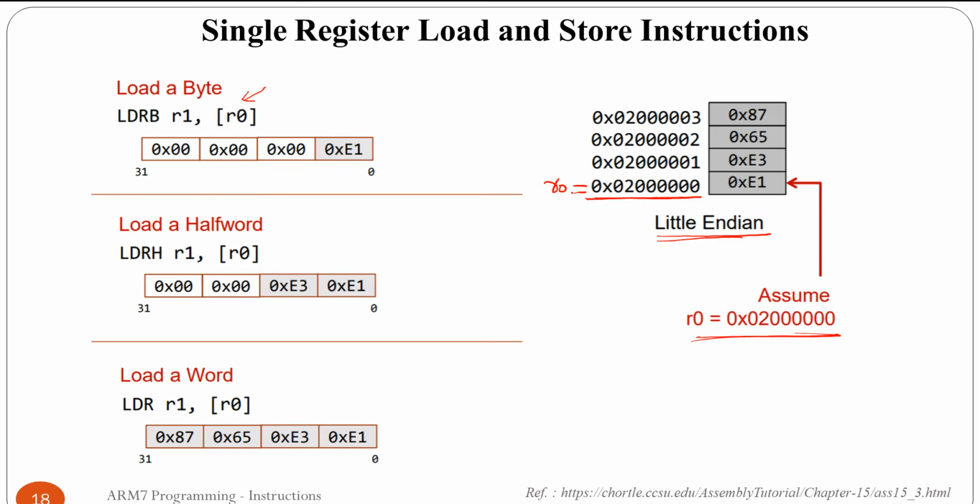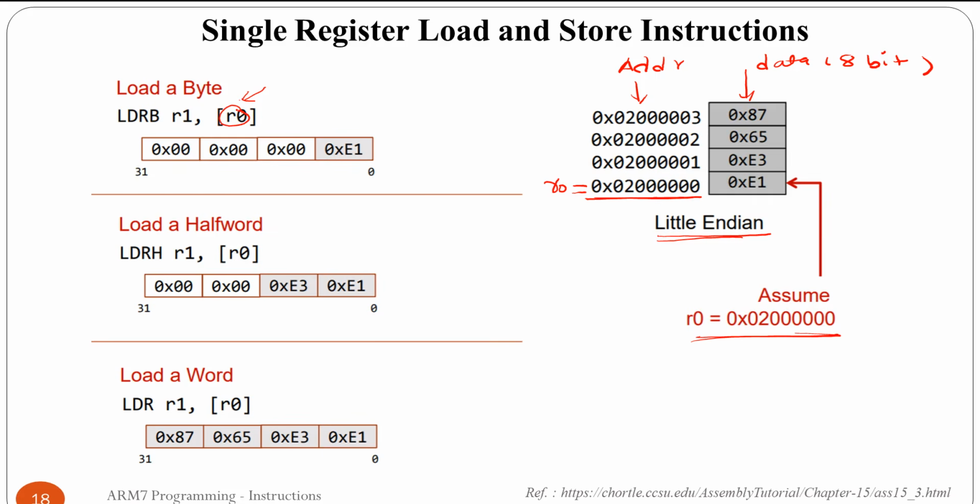Corresponding to this, these are the addresses. Please remember this thing, in the first slide itself I have explained this, and this is the data. Now this data is 8-bit, which is nothing but 1 byte. Here we are having load register byte. So we have to load a byte of data from which location? The location which is pointed to by this R0 register, into the R1 register.